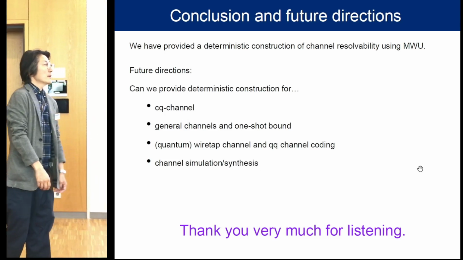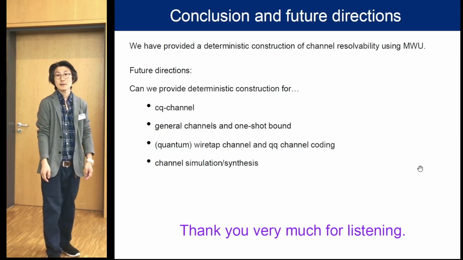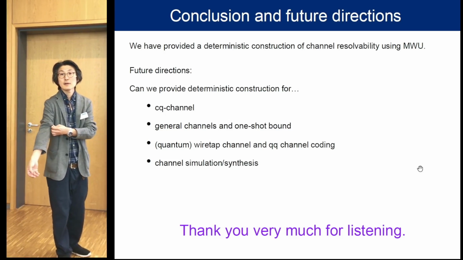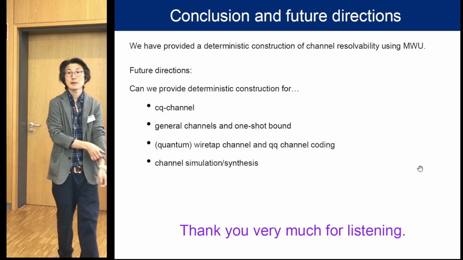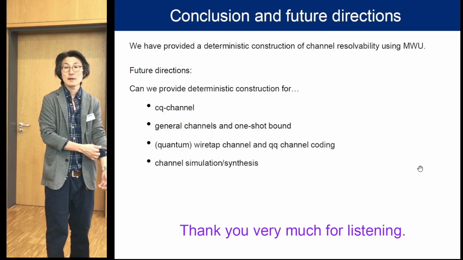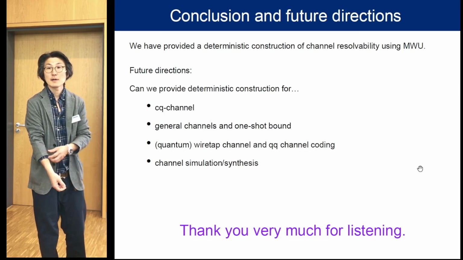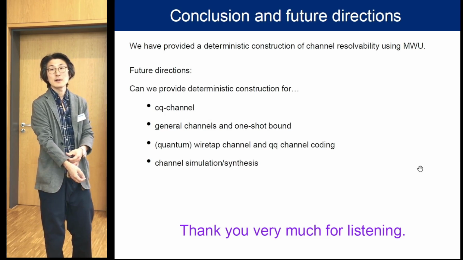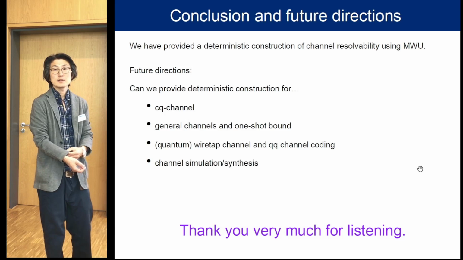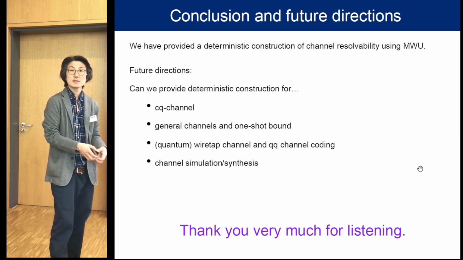Okay, thanks. Another question? You have mentioned the connection between resolvability and identification. And indeed, in your case where you study DMCs, it's known that deterministic identification gets you just exponential codes, like in deterministic resolvability, where you have found exponential codes. However, for continuous channels, it's known that you can achieve super-exponential codes for deterministic identification. Would you expect to find super-exponential codes for channel resolvability in those cases?